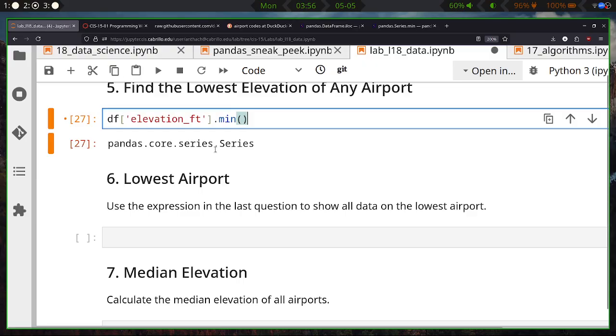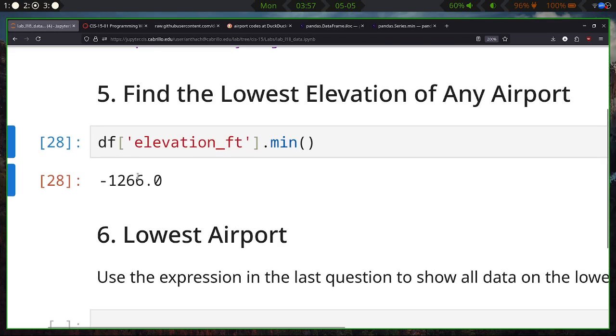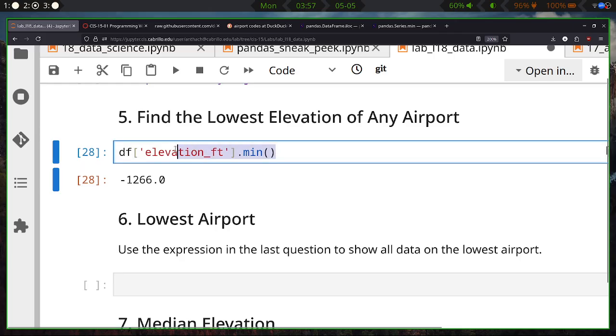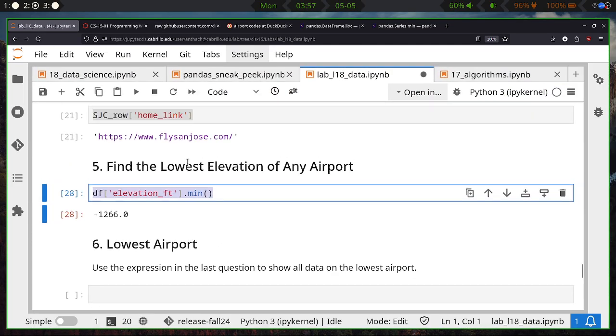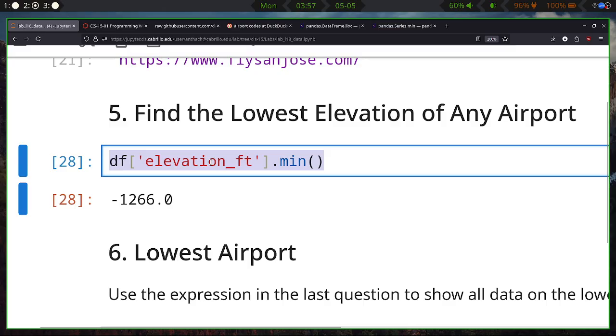Okay, cool. So this is a number, right? This is representing the airports with the lowest elevation. It's not really giving us the name though. It might be necessary to print the airport that is associated with this elevation. So how do we use this number to get the name? Well, we could use this as a criteria. Technically, this is representing the lowest elevation,